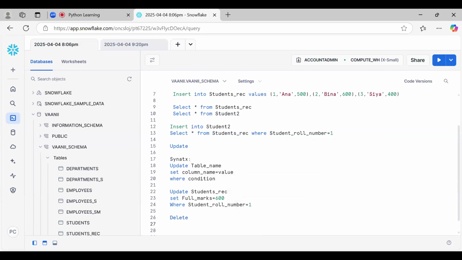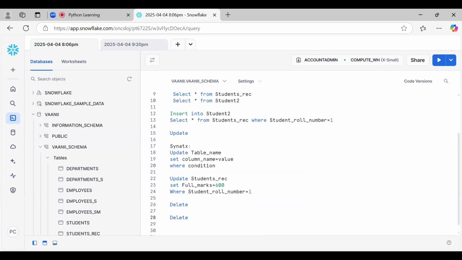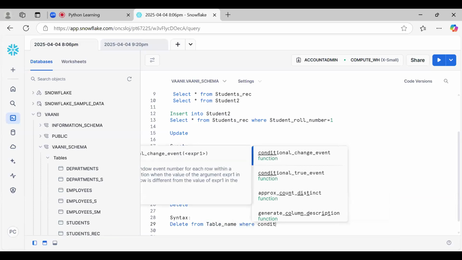So delete also. First we'll do the syntax. Here also we'll put the WHERE condition.